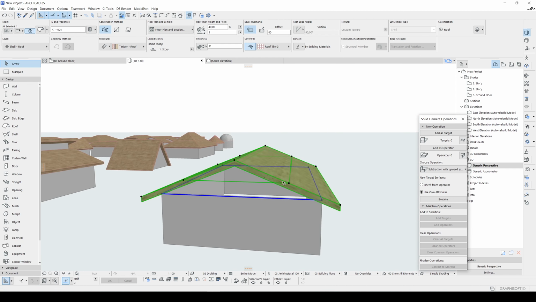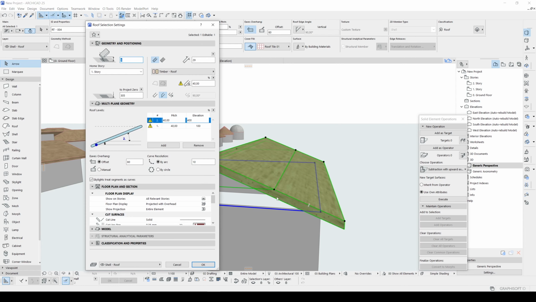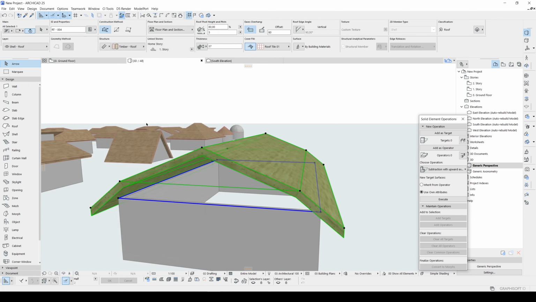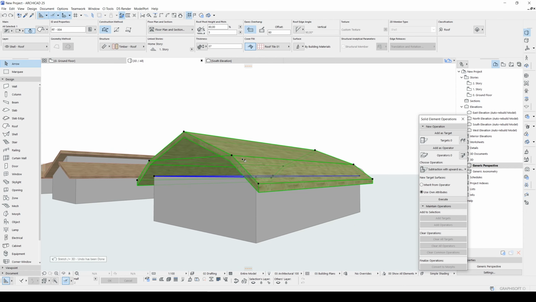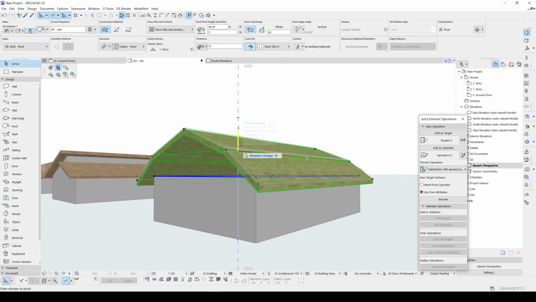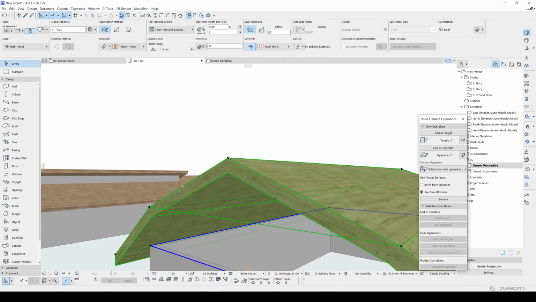Once you have created this, you can change the slope angle. I want to increase this first, maybe 80 degrees, just like that. We will change the elevation, this reference, and decrease this corner.